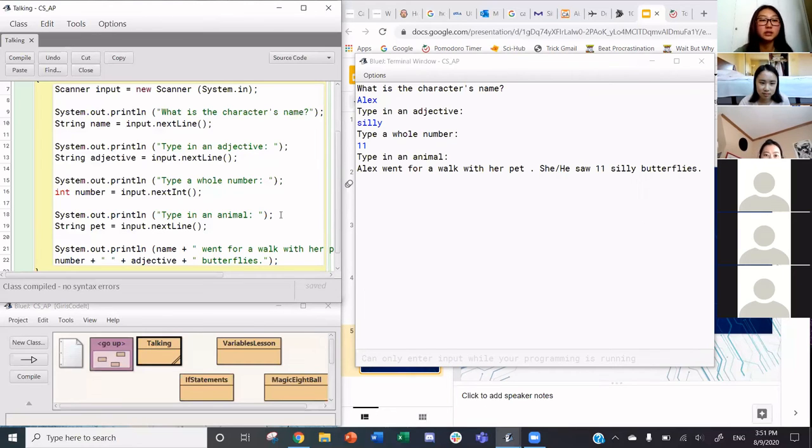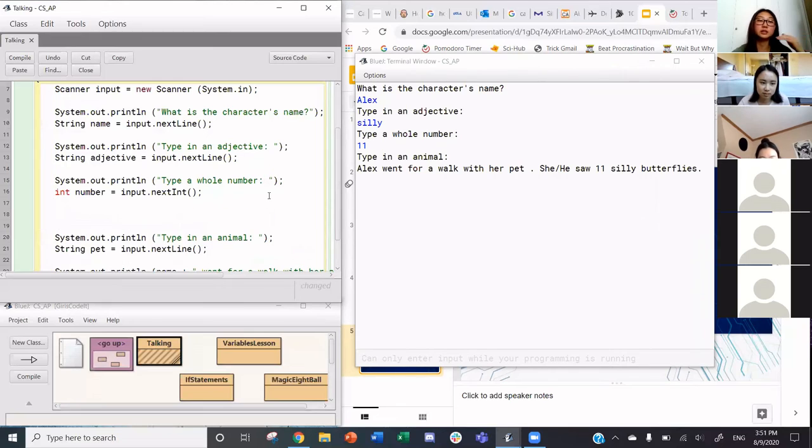The way you do that is after where it says int number equals input dot next int. After that, and before the next one that you want to get, before the string pet equals input dot next line, what you're just going to do is input dot next. And I think that should fix it. If not,